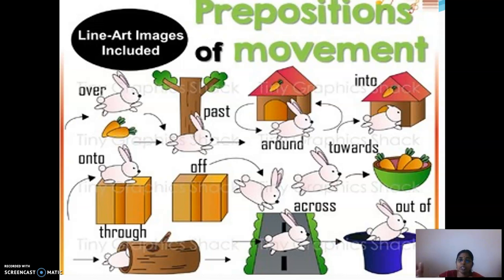It is moving into the shed kennel. Here, onto. On the top. Off. From the box, it is coming out. Towards, the rabbit is moving towards the carrot. Through, see that it is moving through that log of wood. Here, across, crossing the road, you could have seen across. Out of, coming out of the hat. Okay. I hope prepositions of movement will be